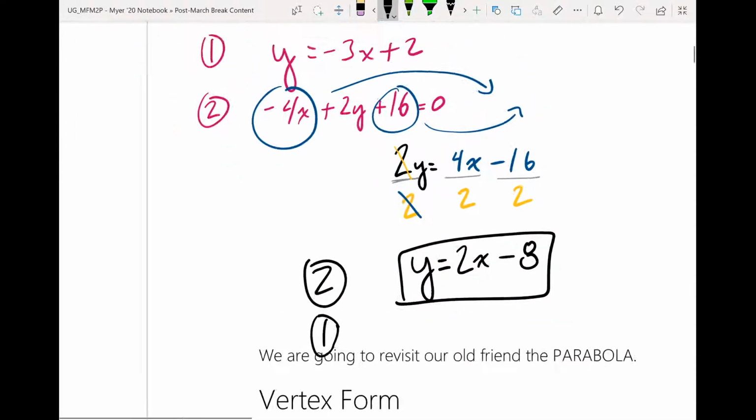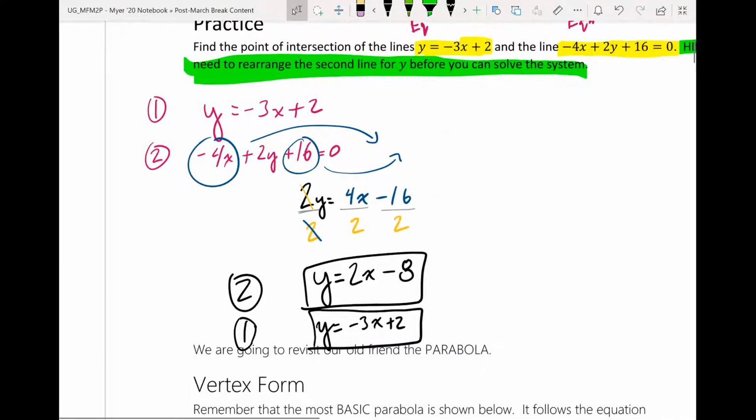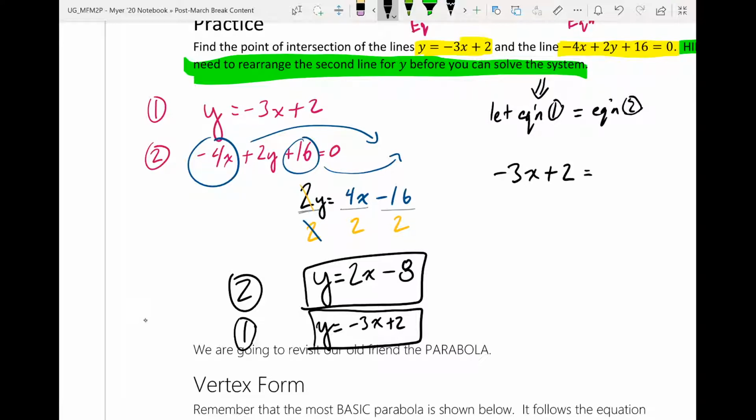Let's go back to the first one here. y equals negative 3x plus 2. All right, so to solve for points of intersection, or solving what we call the system, that means we need to let the two equations be equal to each other. So we're going to let equation 1 equal equation 2, meaning the y values are equal. So I'm only going to take the back half. So equation 1 was negative 3x plus 2 is equal to, and then we already figured out equation 2,